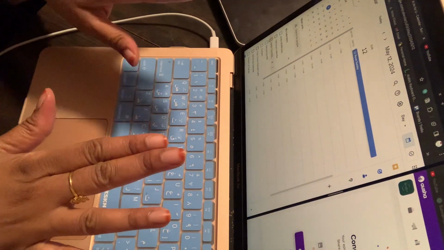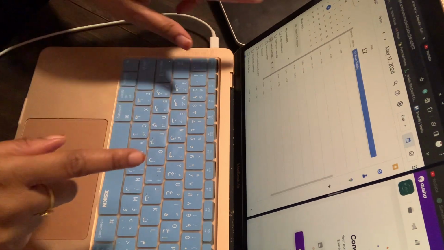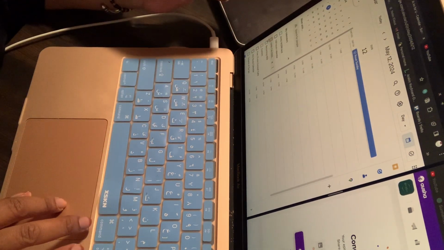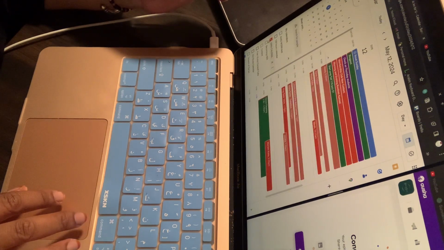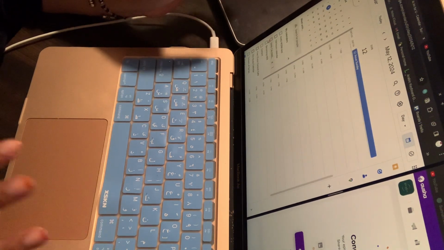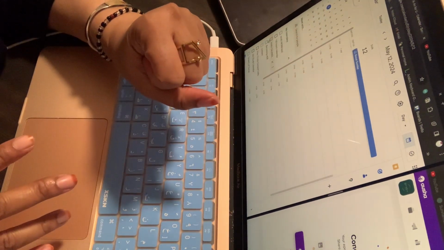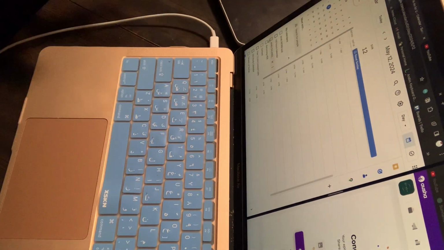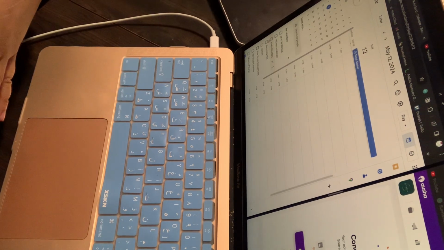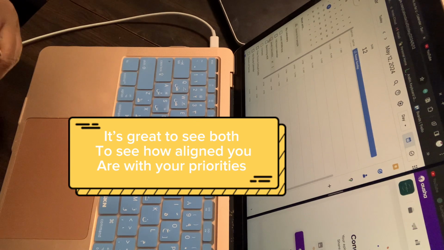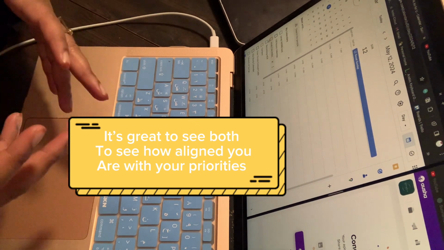The good thing with Google Calendar is you could have several calendars and you can turn them on. Right now, if I turn on my current calendar, you see all the things that I have, and I turn it off, right? So I will be able to turn both calendars on and see how far off I am every week when I do my weekly review. That's the reason why I want to do the ideal calendar. I did it before, but I just need to do another one because life changes, we change with life.